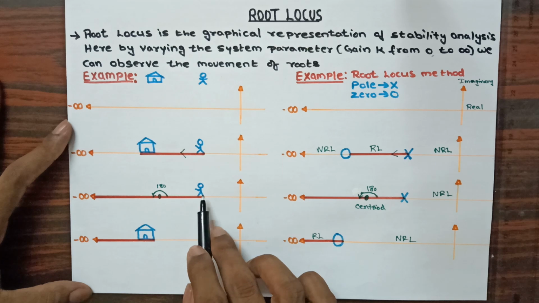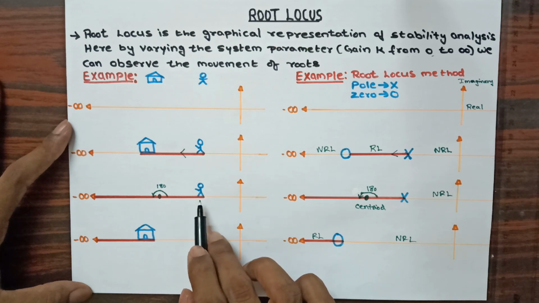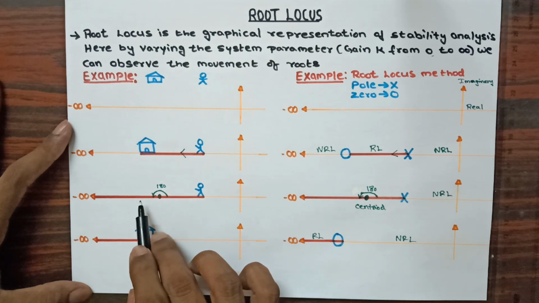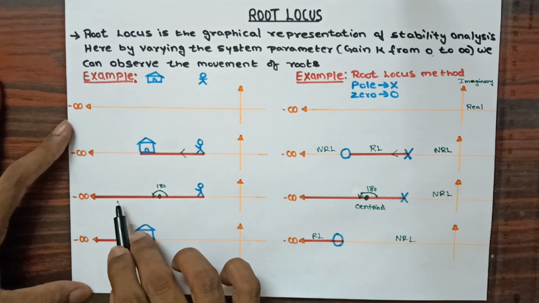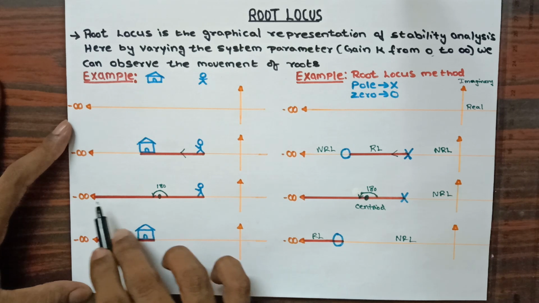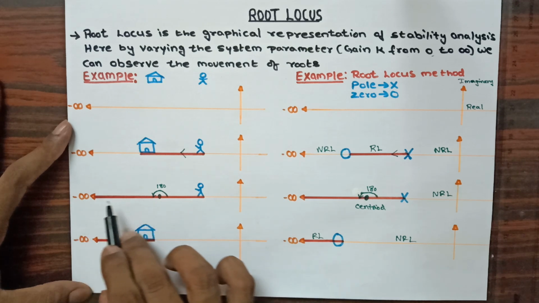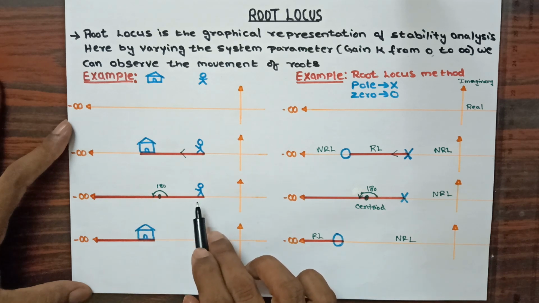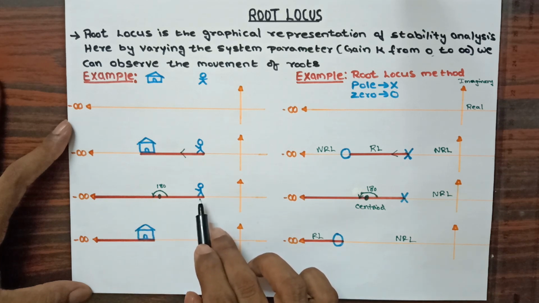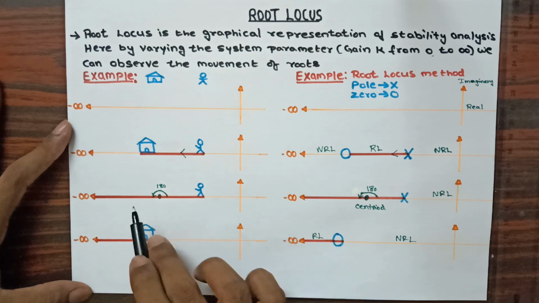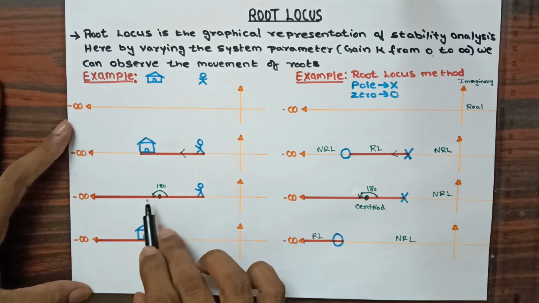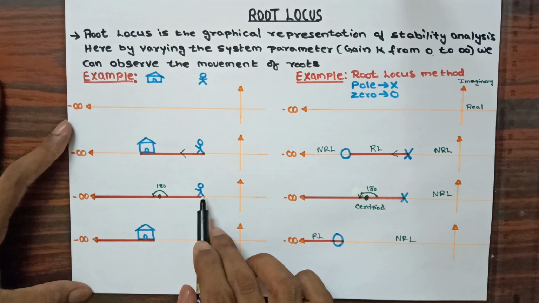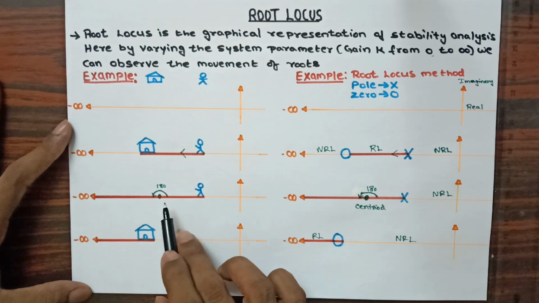Now at this point we are getting one person, that is count 1, that is odd, and we are going to provide a path from this point and continue, and look for any other person or hut, but we are not having any other person or hut till infinity. Therefore we are providing the path till infinity. Now you can see that when I apply the input to this person, he has to go to his destination, but in this case I have not provided a hut for him. Therefore he will move to the infinite destination.